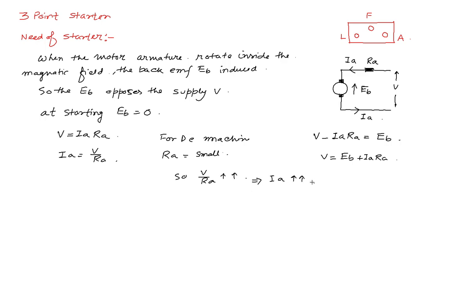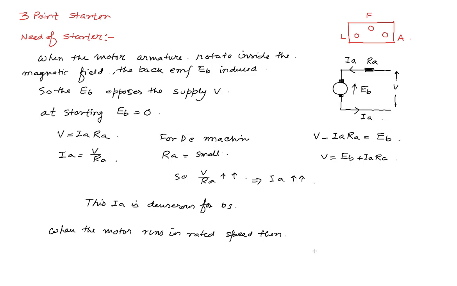If IA is high, then this IA is dangerous for our human body. It means when the motor runs at rated speed,